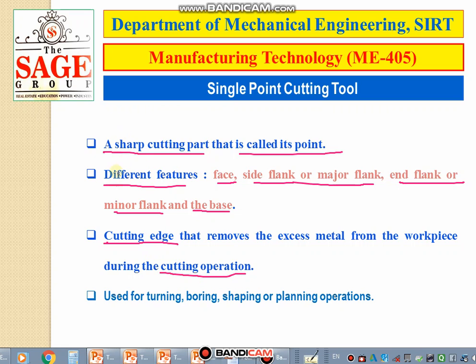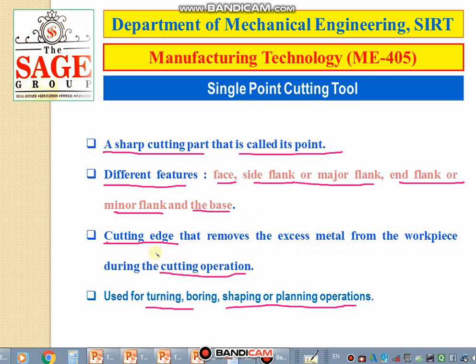So the cutting tool has a sharp cutting part, different features, and a cutting edge. These tools are used for turning, boring, shaping or planing operations. So this type of tool is called the single point cutting tool.